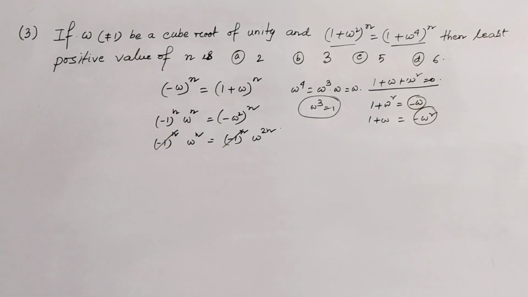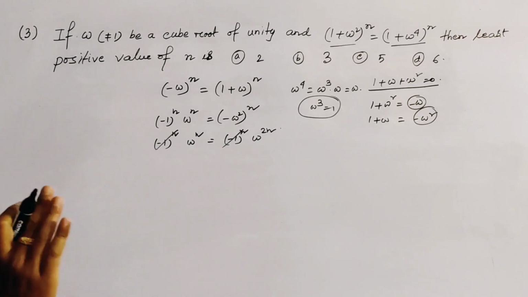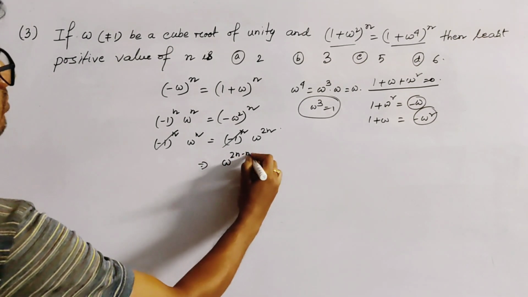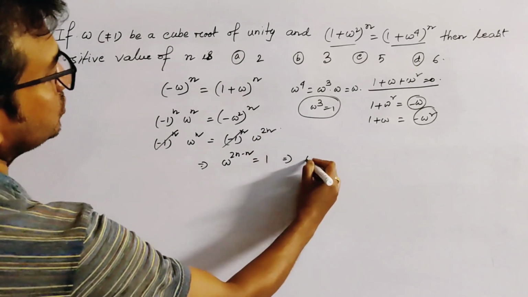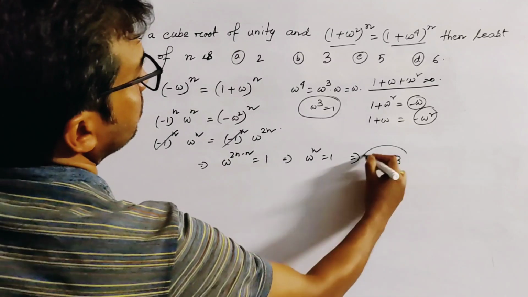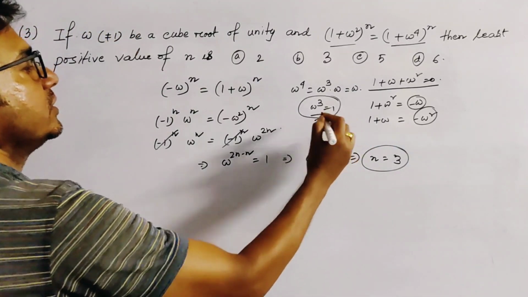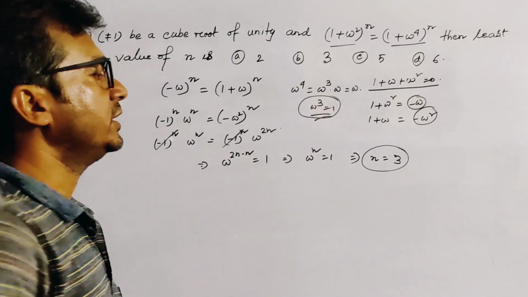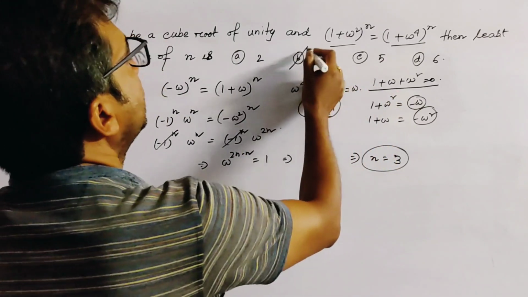This (minus 1) to the power n cancels out from both sides, and we get omega to the power 2n minus n equals 1, so omega to the power n equals 1, that is n equals 3, because we know that for the least value of n, omega cube equals 1. That is our correct option, option